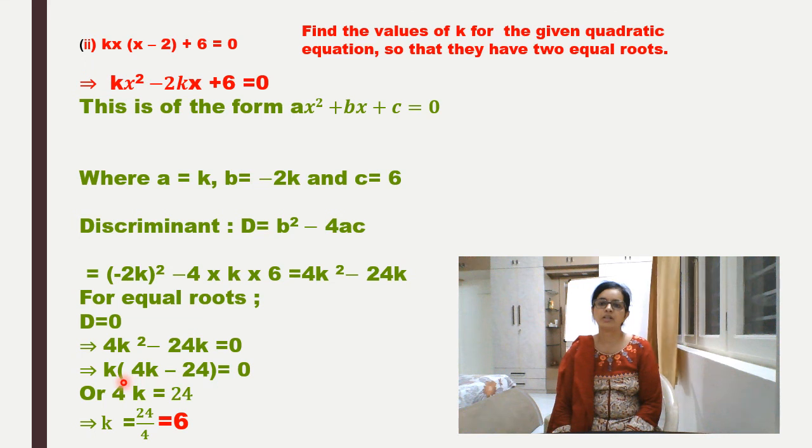Put the condition. The condition is that the roots are equal. Therefore, the LHS is 4k squared minus 24k. But what about the RHS? The RHS will be 0. And the equation is ready. Just start solving the equation. Here you can see k can be taken common. Take the bracket. In the bracket, you will have 4k minus 24 is equal to 0. You get two values of k. One is k is equal to 0 and another is k is equal to 24 upon 4, which is 6. But let me remind you again, we cannot take k equal to 0, because if we take k equal to 0, then the quadratic form will not be there. So what will be the value of k? k should be 6.